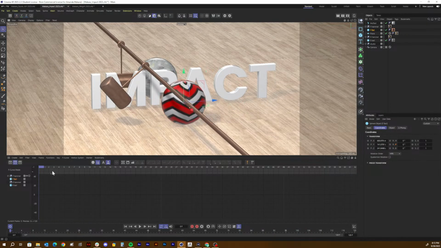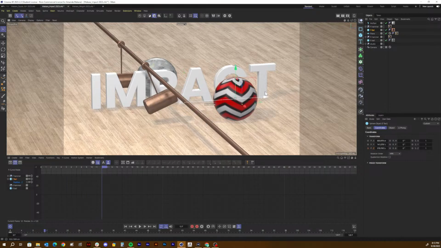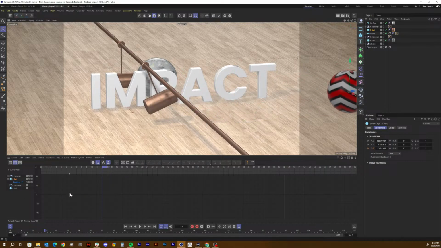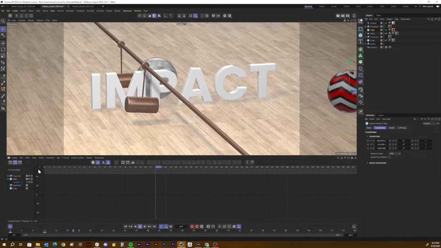So if I just keyframe the Z space at the beginning, and then I move ahead, it's going to move very quickly in a short distance. So I'm going to go to 12 frames, move this off screen, and then add a keyframe there. And so when I play this,